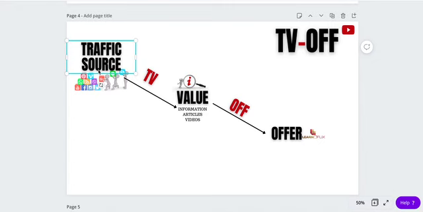So now, using SEO, which is one of the traffic source secrets, that is search engine optimization, as an example, which is one of the first things we're going to be dealing with. You come to the traffic source here, and you show them something valuable, which could be information, could be an article, it could be videos. When you show them this something valuable, you will be the one to create this valuable thing, and you are going to learn how to do that.